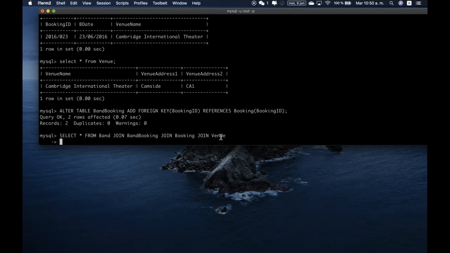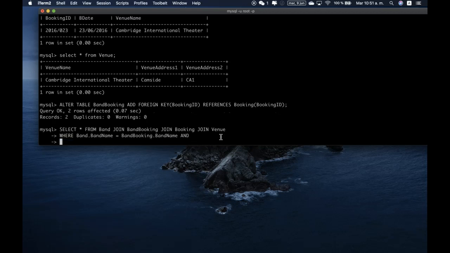And I'm going to make an enter here because I can do that in this type of console. So I need to continue saying where band name is equal to band booking band name, and